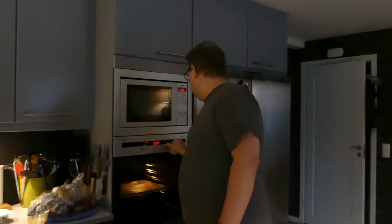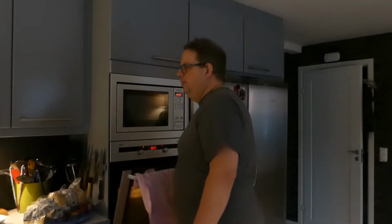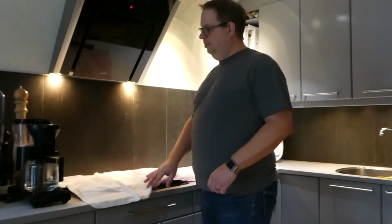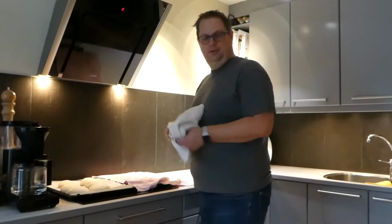So I crank it up to 275 and let it rise in temperature, and the buns rise. So now I'm going to find some kitchen towels and put them on top. And we'll see you when I put them in. Bye. So, welcome back. Now they have risen